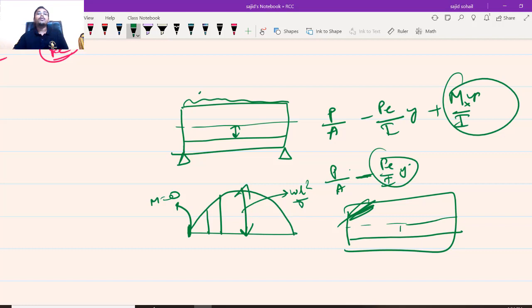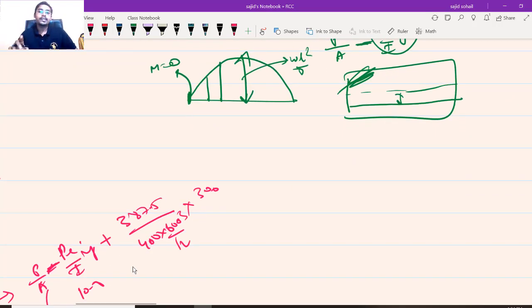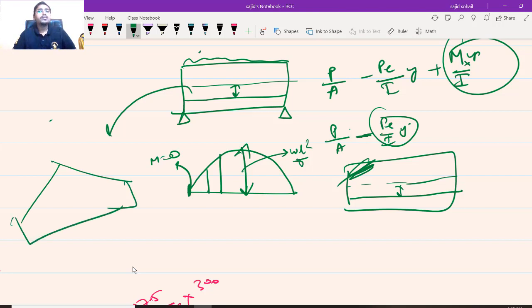There is a problem. At the middle it could be safe, but at the top there are chances of cracks. Agreed? To rectify this, I am going to give these tendons at varying eccentricity. I can do two things. I can vary the dimensions of this bar so that it will be safe, or I can just vary the shape of my tendons.